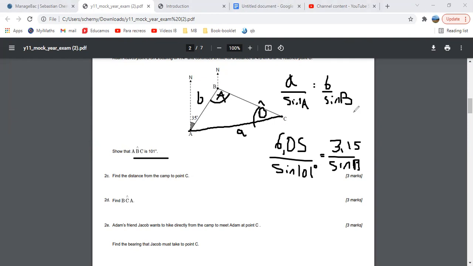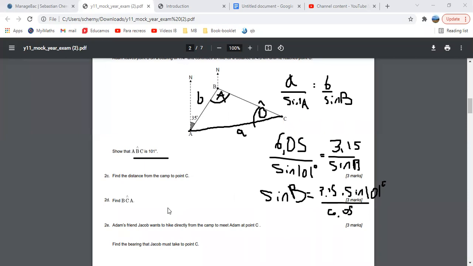The angle that we want to find, right? So if we just do some things here, we will have that the sine of angle B will be equal to 3.15 times the sine of 101 degrees over 6.05. Okay, so if we come to the calculator, since the calculator is already in degrees, then I don't have to do anything tricky. So I will just do 3.15 times sine of 101,